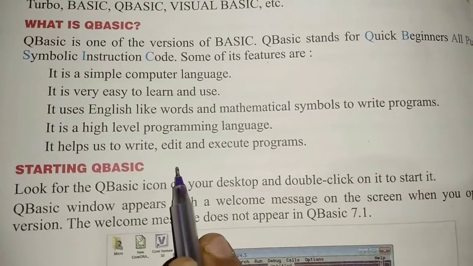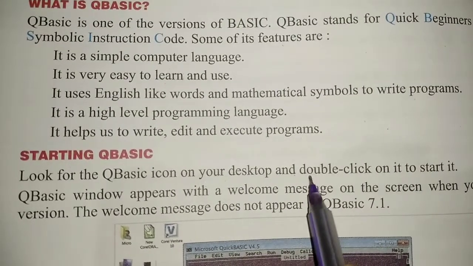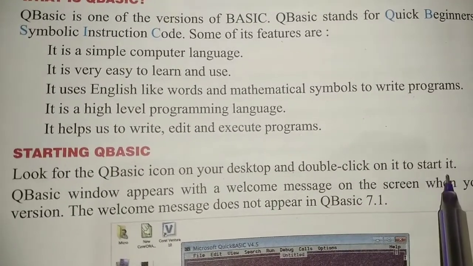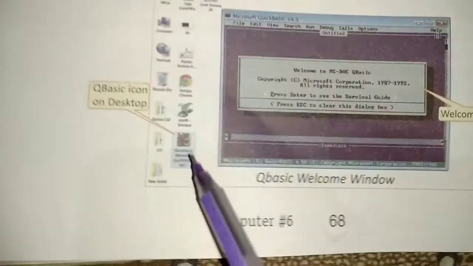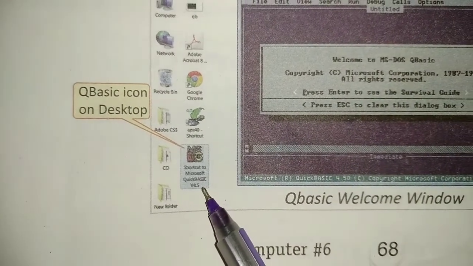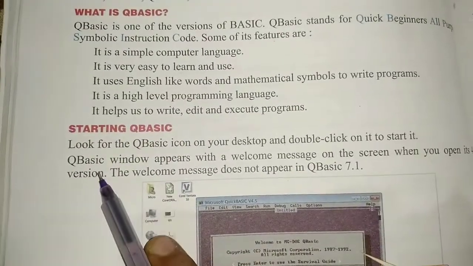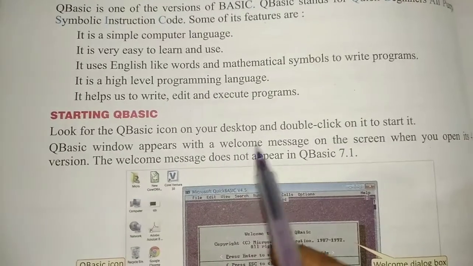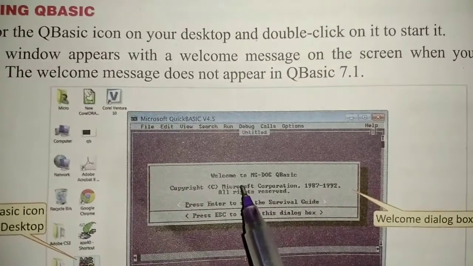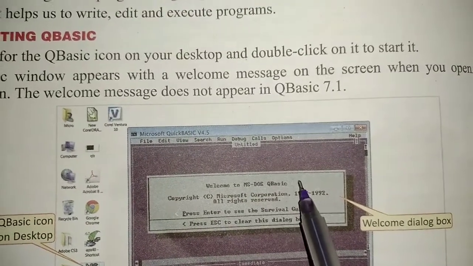Now, starting QBasic. How to start QBasic in our computer? Look for the QBasic icon on your desktop and double click on it to start it. Look here, it's our desktop, and here is the shortcut to Microsoft QBasic version 4.5. It's a 4.5 version of QBasic. The QBasic window appears with a welcome message. Look, here is a welcome message from QBasic. Welcome to MS-DOS QBasic